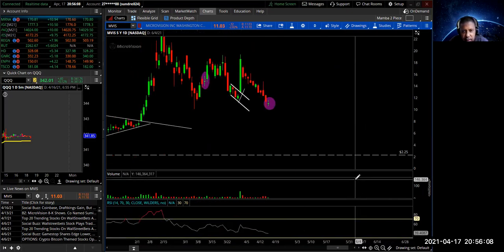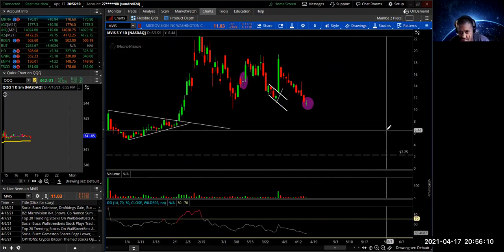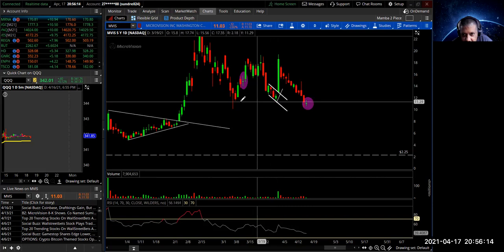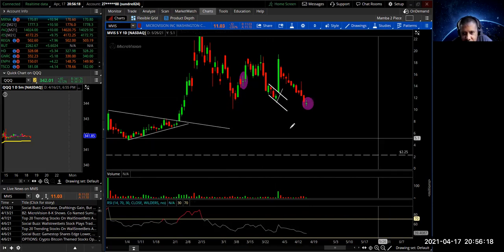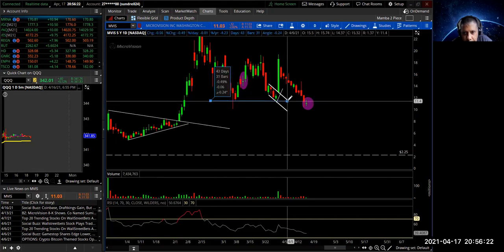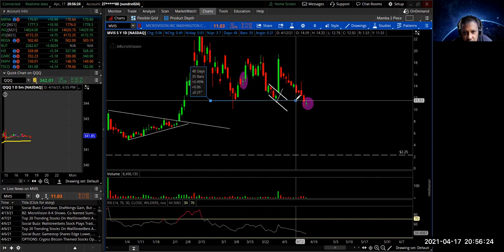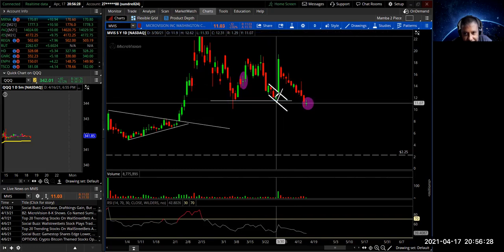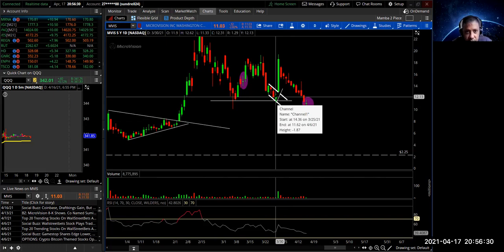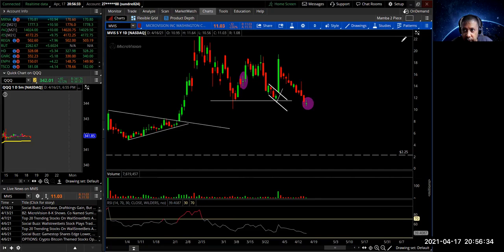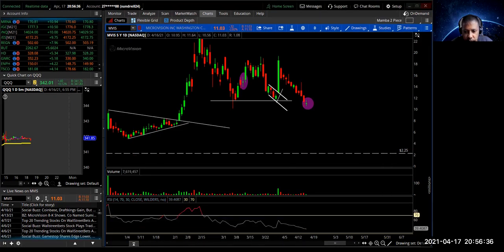Microvision, man, is a little funky with the price action, but it respected a previous level. I mean, you have to, guys, you have to keep going back to the left. This is something I wouldn't trade, man. If you like Microvision, this is something where you have to have conviction on that stock, the possibilities of what this stock does. Let me get out of here and go right to